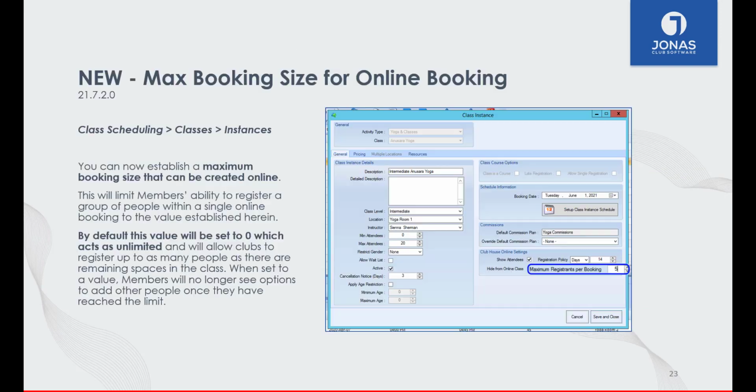Class Scheduling. A few enhancements have been added to class instances. For example, you can now establish a maximum booking size for online registrations. This will limit a member's ability to register a group of people within a single online booking to the value entered in the maximum registrants per booking field within the class instance setup window. By default, this value will be set to 0, which acts as unlimited, and will allow members to register up to as many people as there are remaining spaces in the class. When set to a value, members will no longer see options to add other people once they have reached the